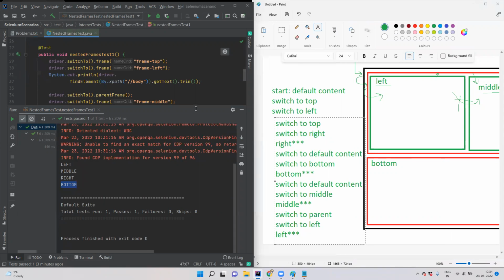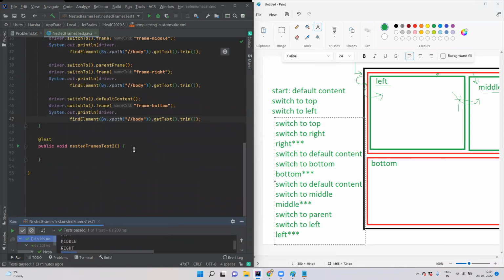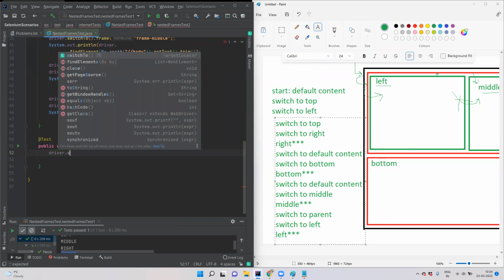Let us open this code. Now here, yeah, this is my second scenario. By default, I'm going to be at the default content. And then first thing I have to do is to switch to top. How to switch to top? I have to ask driver to switch to